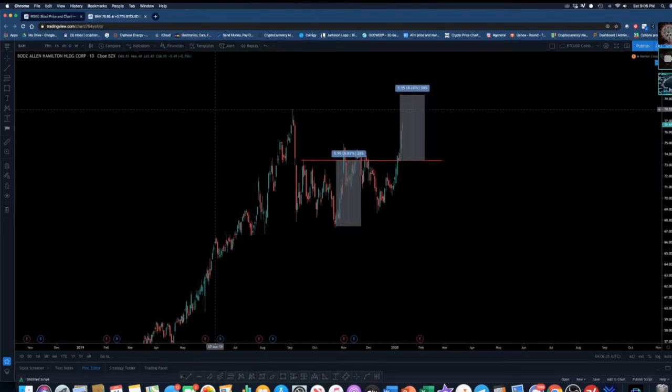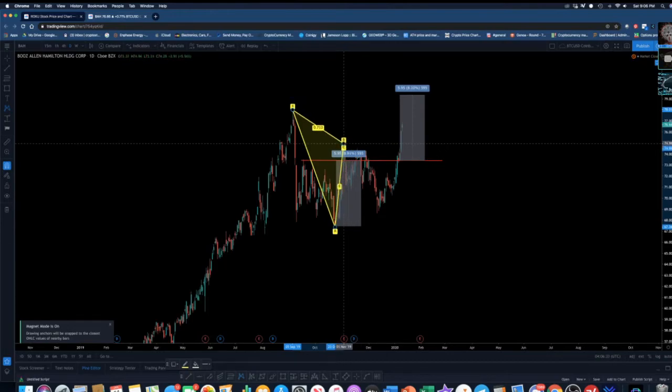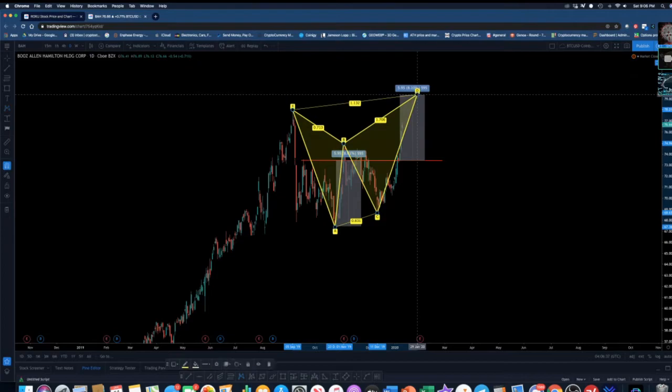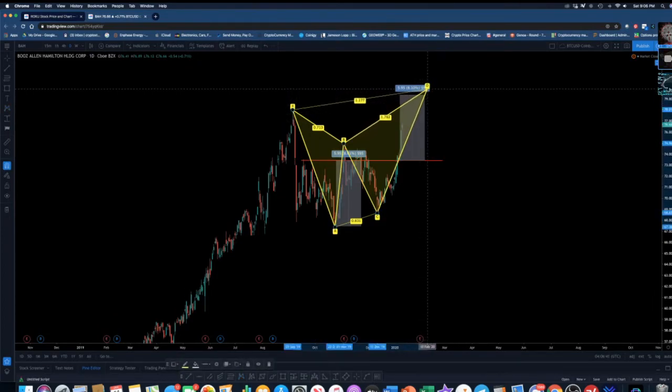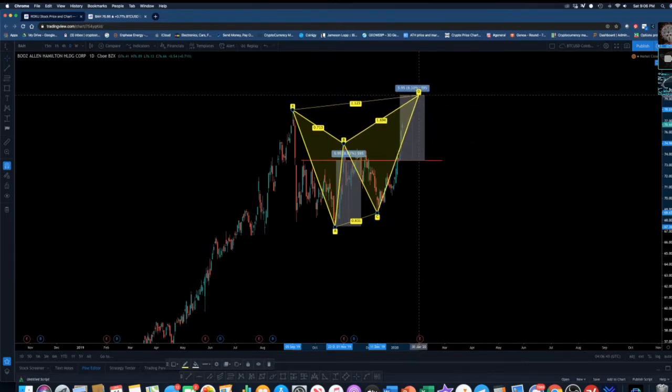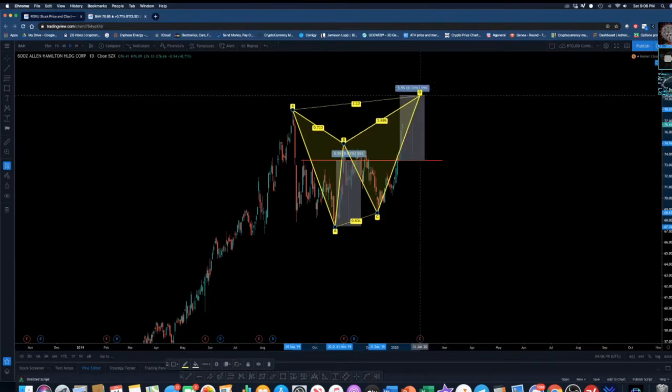Yeah, this is another one, and dude, now you brought up this, right? Coinciding patterns. Boom. X, A, B, C, D. 1.618, 1.414. Where's 1.414? This could run further, but